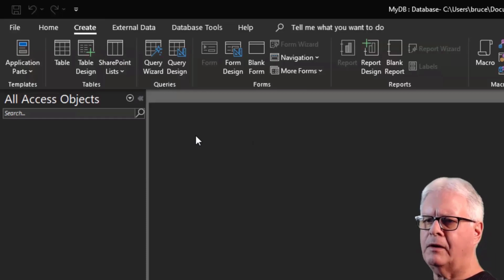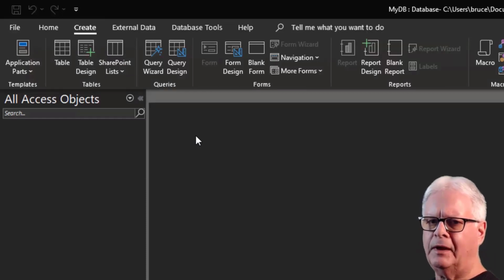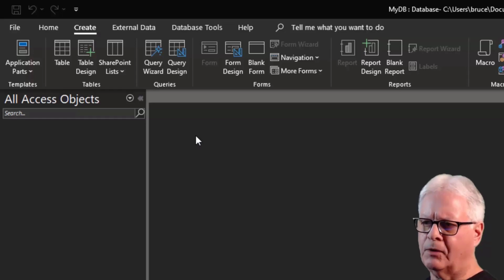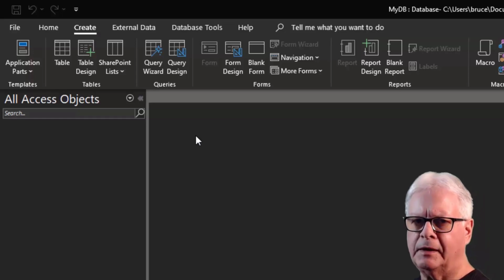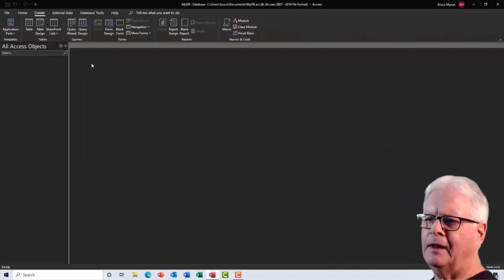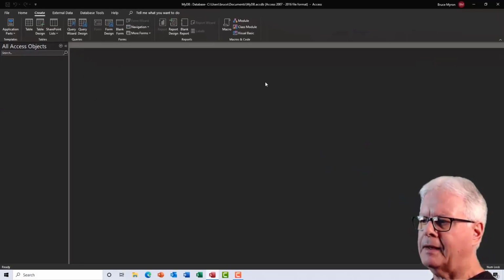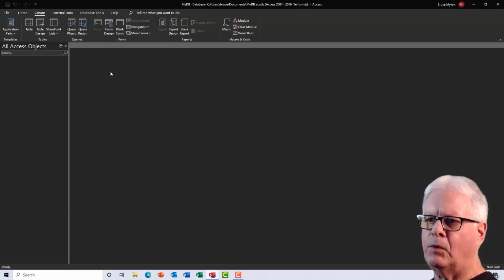It takes longer to learn Access than it does Excel, but the payoff is huge. So the question really is, are you going to invest a few hours to learn what will save you hundreds of hours potentially in the future? What I'd like to do is to just pause right here with this big black section here, and let me superimpose a video over this and explain to you how these 4 objects work